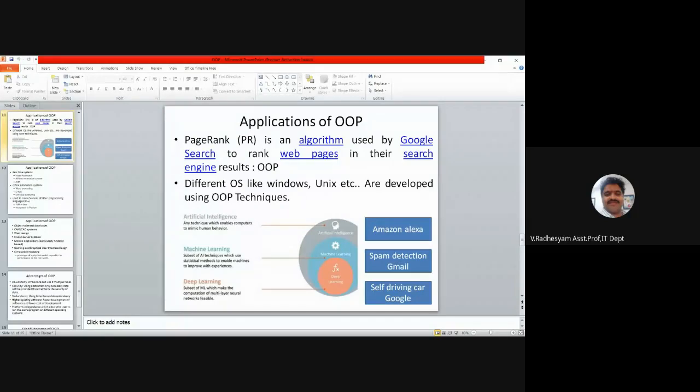And I think all of you have a Facebook account. Automatic photo tagging, automatic tagging of a person.